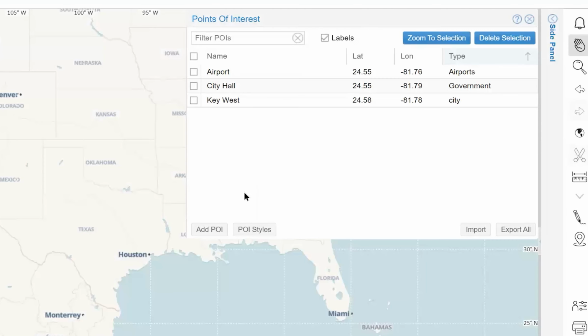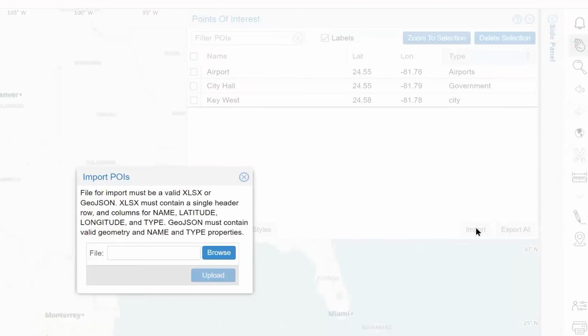Let's say I've done so and emailed that off to my colleague, and they're trying to import it into their HURREVAC workspace. They would click Import. And note that if it's something somebody's already exported from HURREVAC, it should work properly. But the description under Import here also gives you a clue as to how you could get other data types